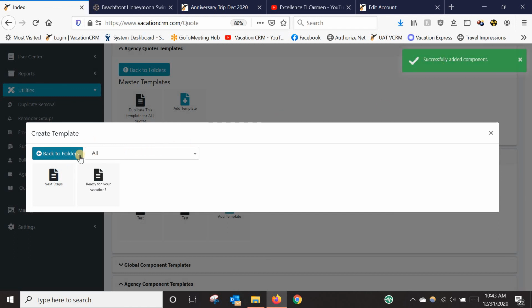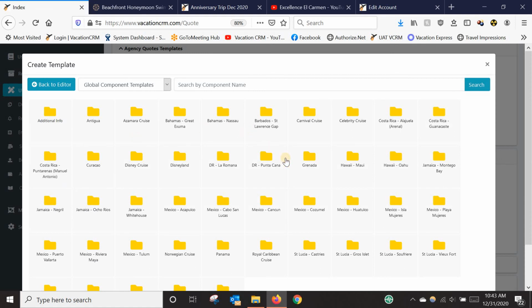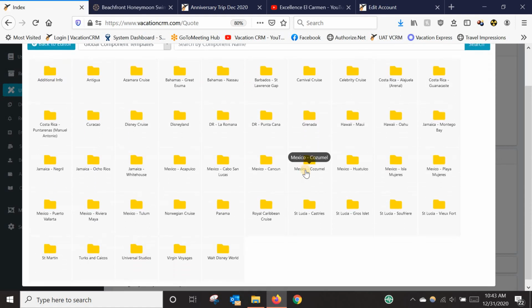When you click this, it's going to show that it was added. This is one thing that's different from the last video. Prior to this, when you'd click this, it would close all of this, and then you'd have to go back into the template, click add new component again. You'd have to keep clicking that button. Now you don't have to do that. You're just going to go through and click whatever you want. So let's do